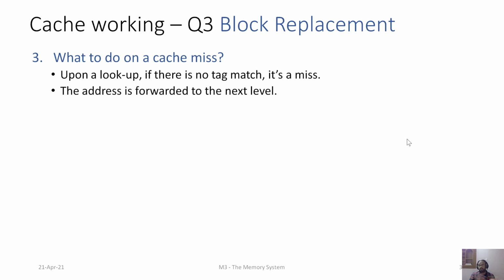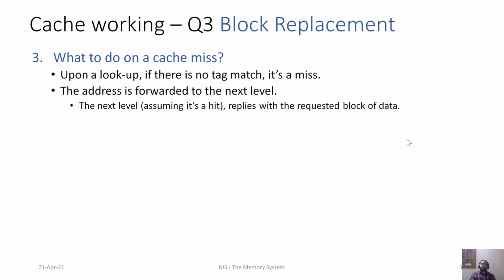And if in case the main memory also does not have it, then it is handled by the operating system. And of course, we will forward the address to the storage, but that is done by the operating system. Within the caches, still the main memory, everything is done by the hardware. So the cache controller will forward the address of a cache that resulted in a cache miss to the next level, and it